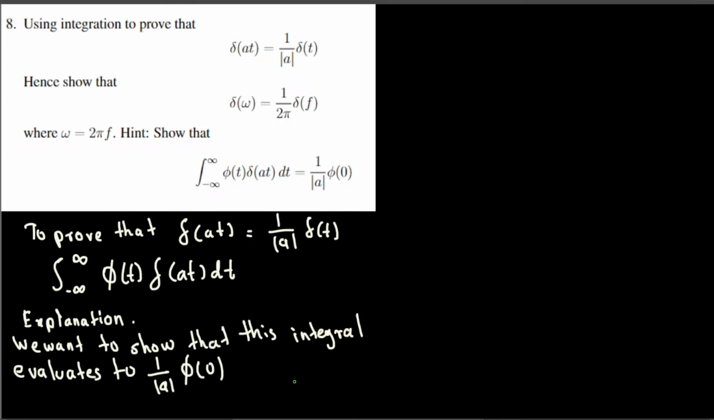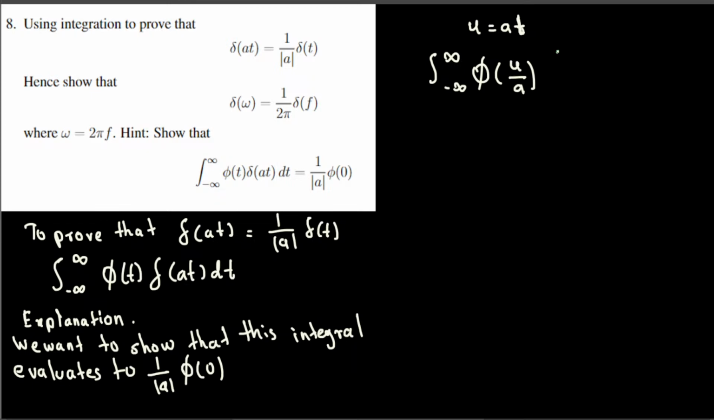Now to show this, we are going to do a u substitution. This is the integration I'm going to deal with, and instead of at I'm going to substitute u is equal to at. If u is equal to at, then automatically t becomes u over a, and dt becomes du by a as well. So if we write the new integration in terms of u, this is going to become negative infinity to infinity, then phi of, instead of t, you rearrange in terms of t, that's u divided by a,